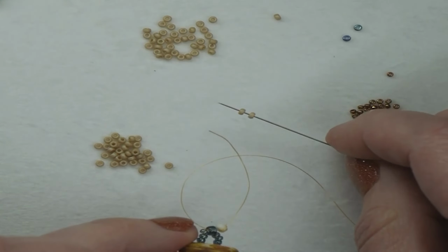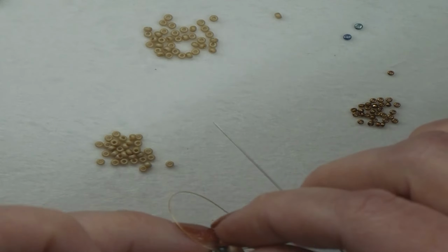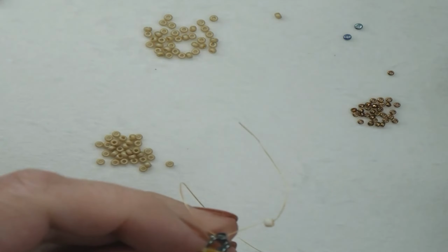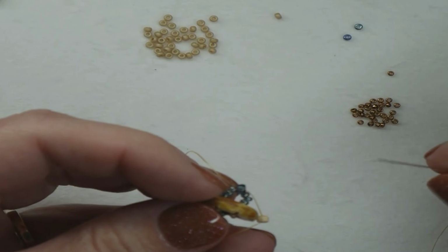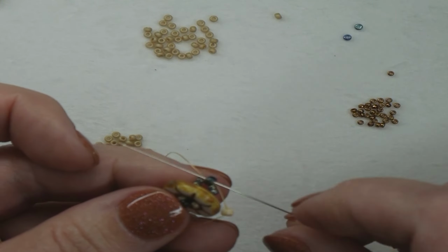And we're going to start the ladder stitch. To do that, we're going to pick up 2 beads. Our thread is coming out of the left-hand side of that 8/0. I'm going to move my stop bead out of the way a little bit if I can. I put it on there kind of tight. Okay, so we're coming out of the blue 8/0. I added the 2 beads on the needle and thread. We're going to round out and go back through the 8/0 again,